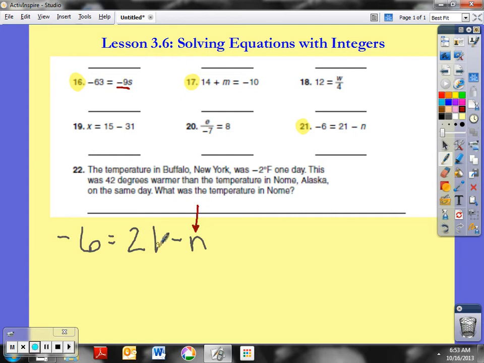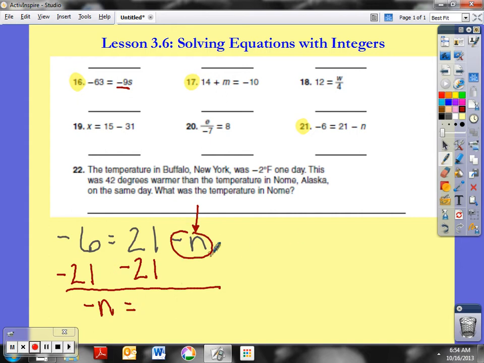Now to get rid of the 21, what am I going to do? Well, this is a positive 21 because there's no sign in front to denote it as being negative. So that means it's positive. So to get rid of it, I will subtract it from both sides. Now, I'm left with, on this side, a little tricky. I have a negative n on this side because it's subtracting that n, so I'm taking away, so it's negative,